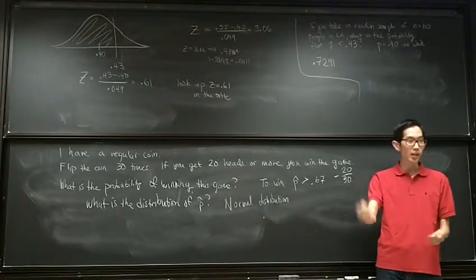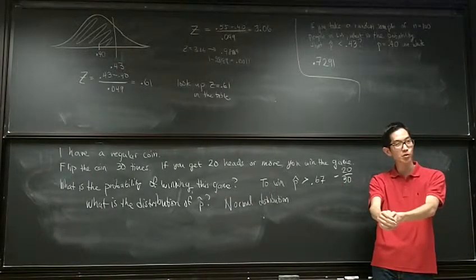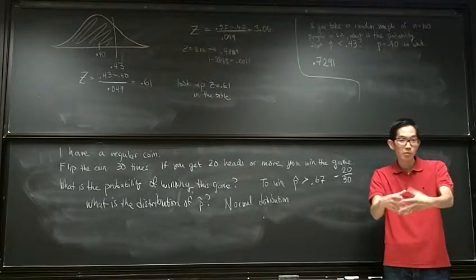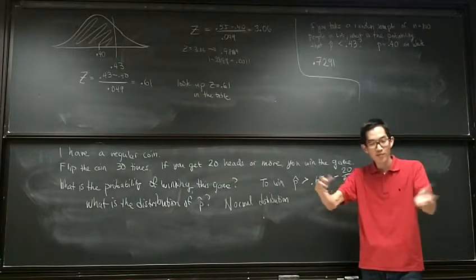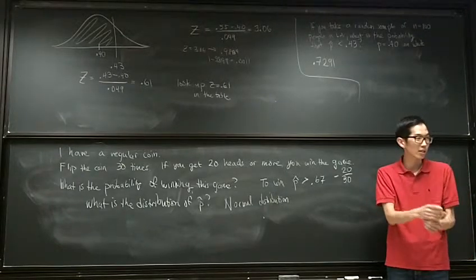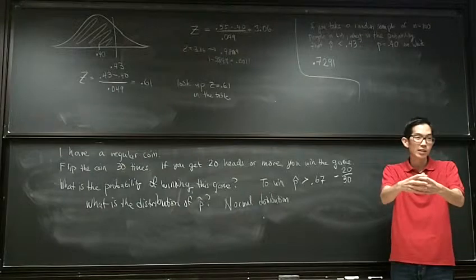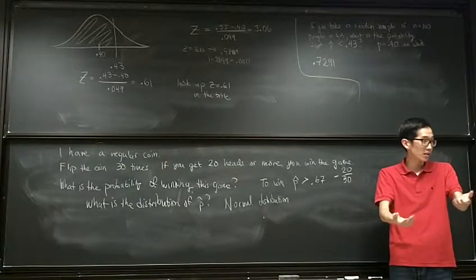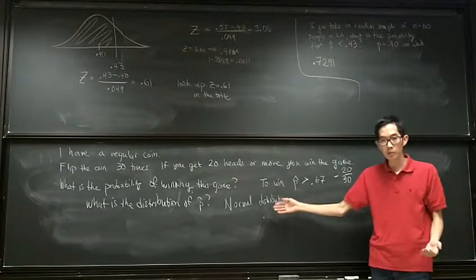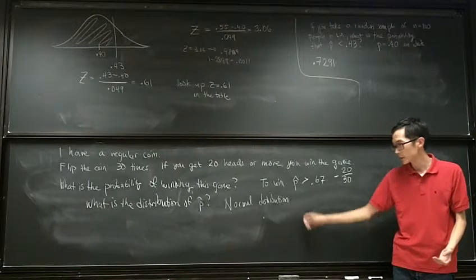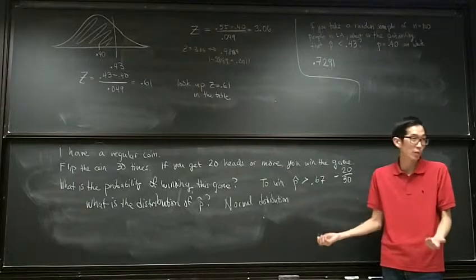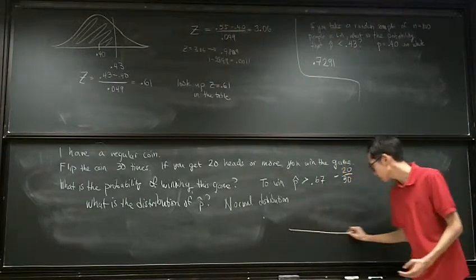Okay, so every time you play the game, you're flipping the coin 30 times, and if we count the number of heads you get, or the proportion of heads you get, you might get any value, right? Maybe you get 10 heads, maybe 15 heads, maybe 18 heads. If you get 18 heads, your p hat is 18 divided by 30, 60% heads. But here, we want to know what are the possible different values that p hat can take. So p hat can take on any value between 0 and 1, but specifically,